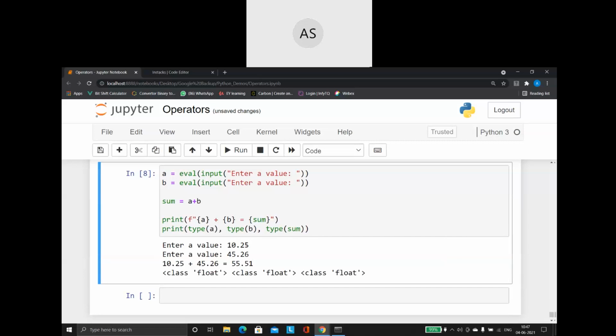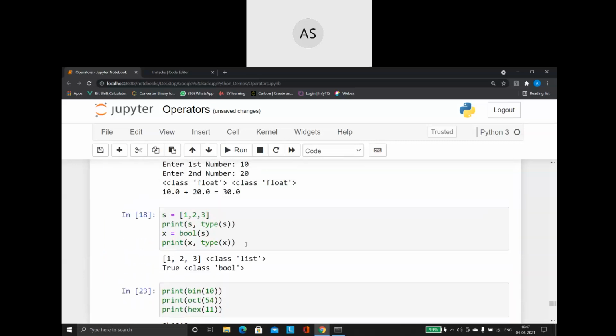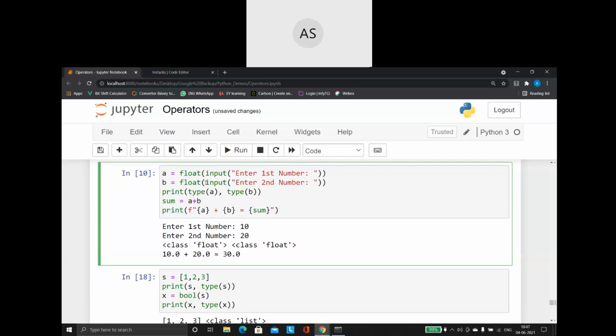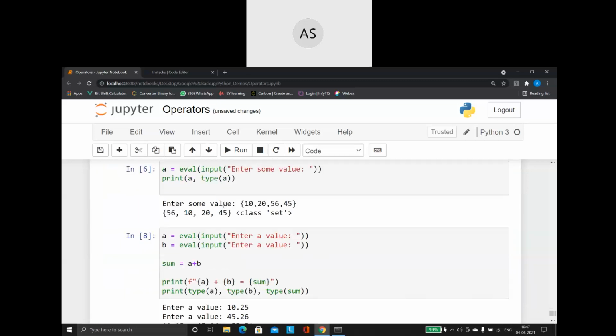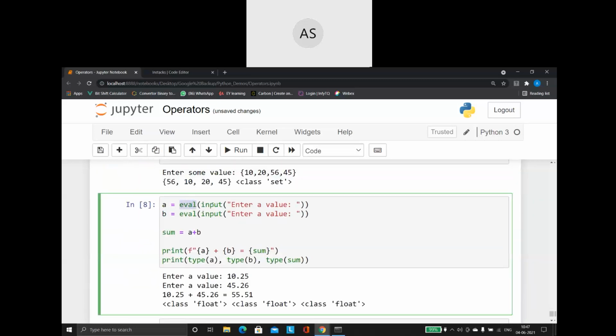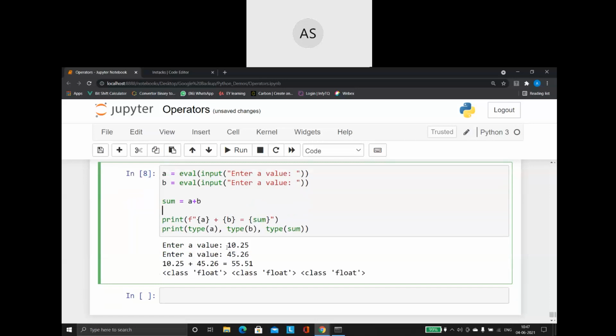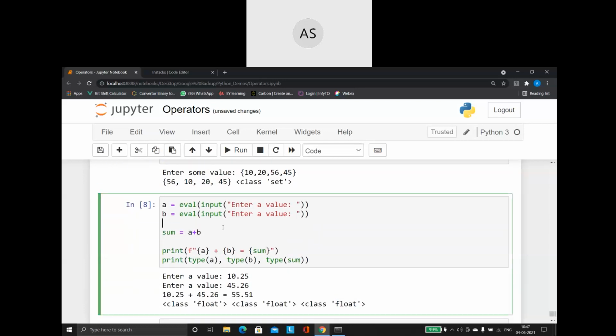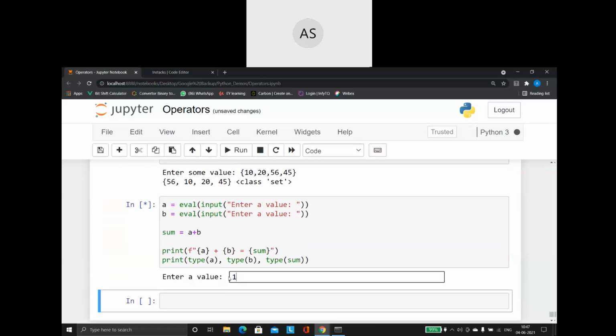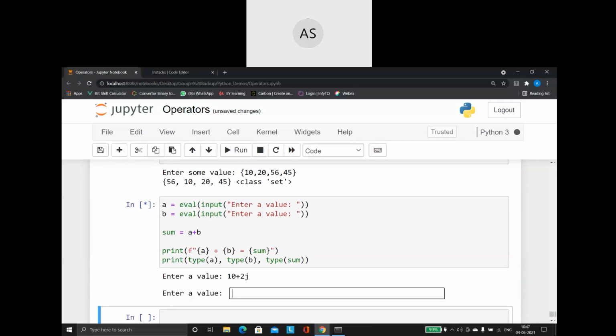See, still no error. But last time you remember the program in the previous session when I was explaining this input function. So what happened? When I used int of, it was actually throwing an error. I had to use the appropriate typecasting function so that it will do the operation. But here, one single program is enough to accept all kinds of value. So if I give integer also it accepts. If I give floating point also it accepts. See, it is getting converted into a float and it is storing the numbers. Okay, same program. Let me run. Here I am saying 10 plus 2j and 20 plus 3j.